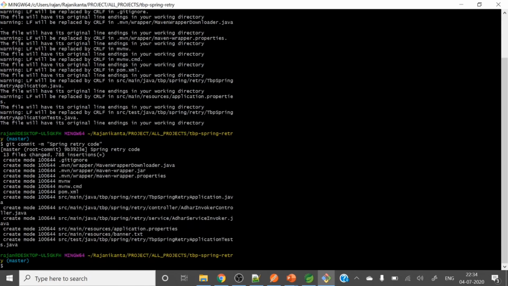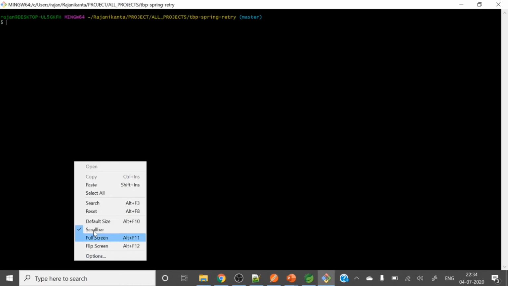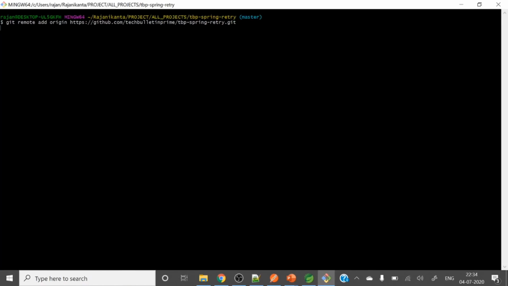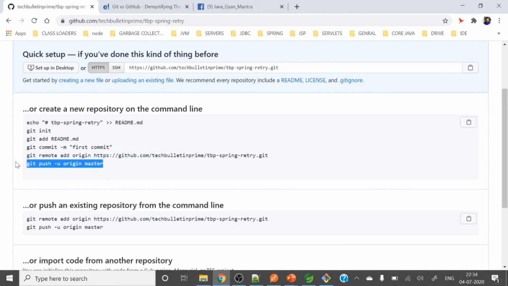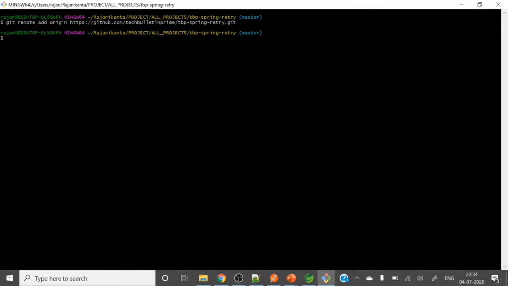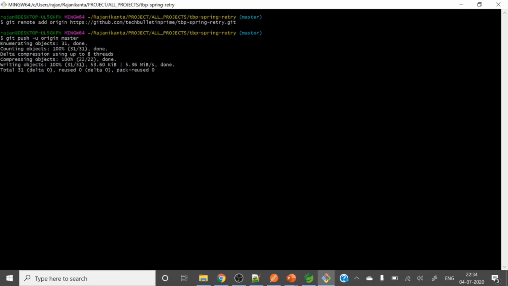Here we go. Paste. It's done. Let me copy this other command. Git push origin -u. Yes, it got pushed.